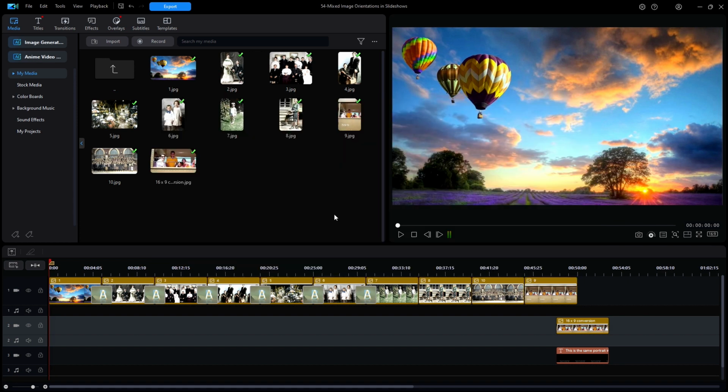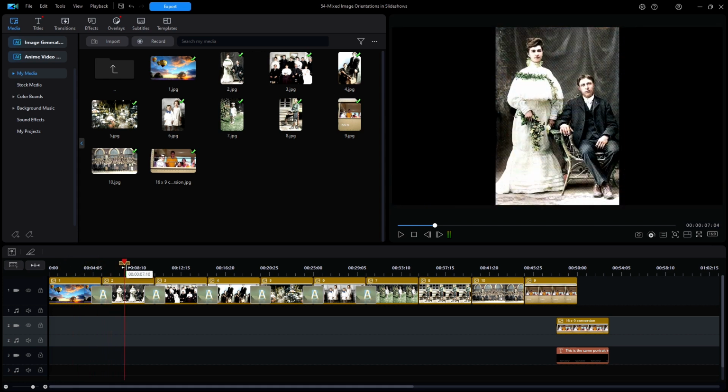First, a little bit of explanation is needed for those that might not know what the difference is between a portrait image and a landscape image. On my timeline, I have 10 images. The first two images show one in landscape orientation and the other in portrait. As I move the playhead over each image, watch the preview window. The landscape mode image completely fills the preview window, but the portrait image has plenty of black bars on each